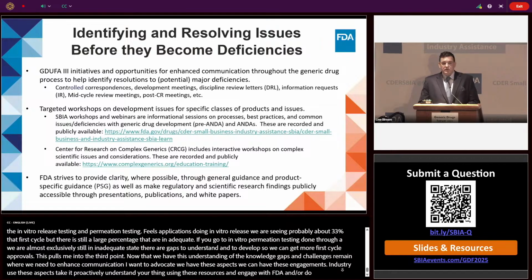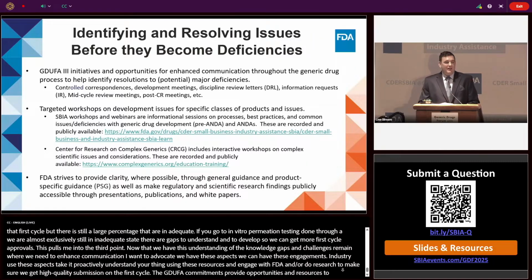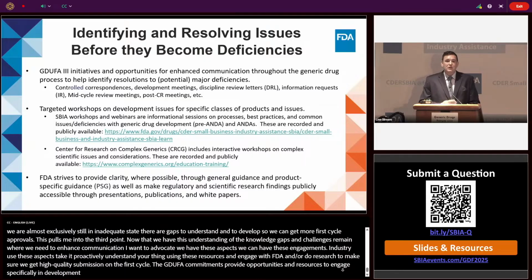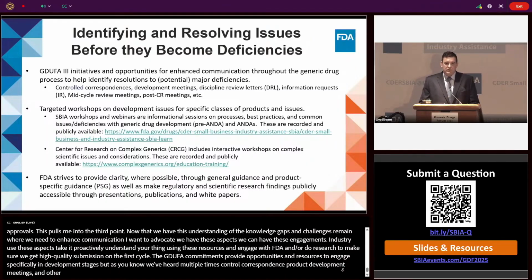So first and topmost, the GDUFA commitments provide you a lot of opportunities and resources to engage specifically about your ANDA application, during the development stages. I'm probably preaching to the choir here, but as we've heard multiple times, control correspondence, product development meetings, and other avenues let you engage with us to get feedback about your application. Once you submit your application, you're going to get your DRLs, you're going to get information